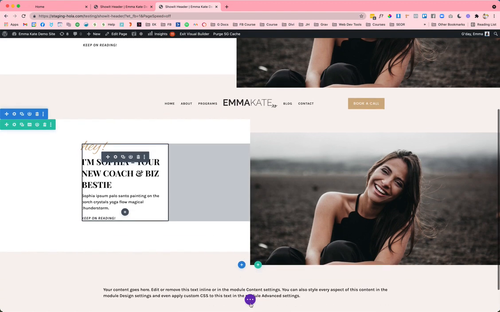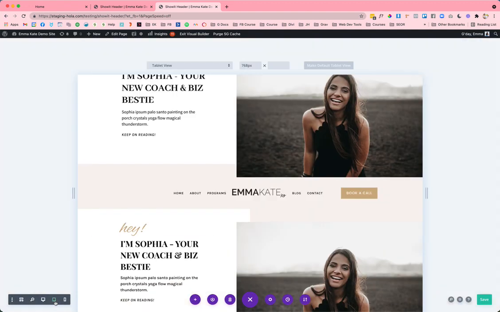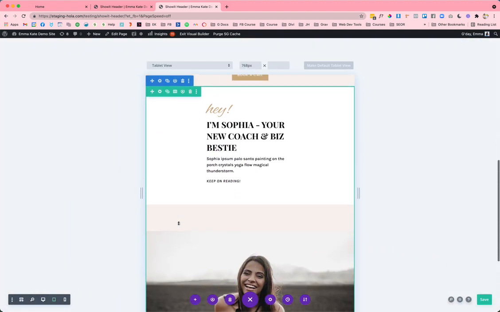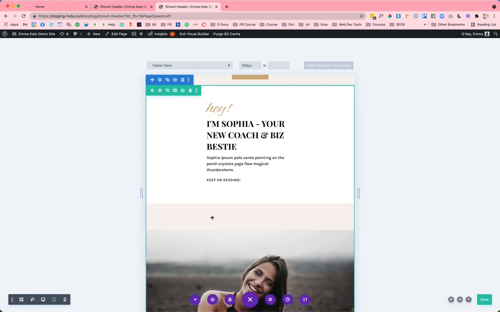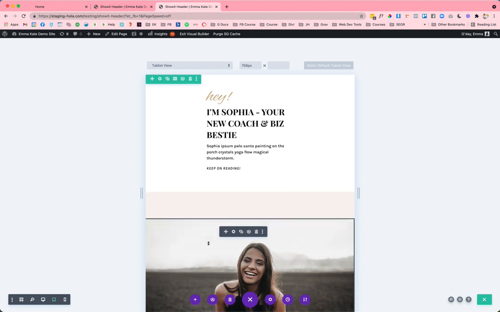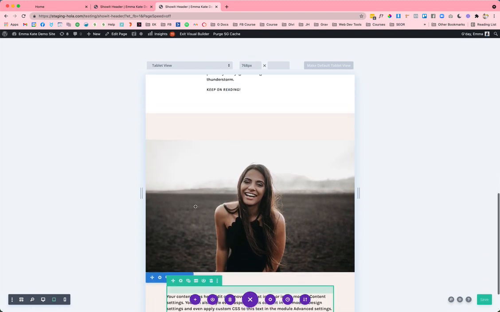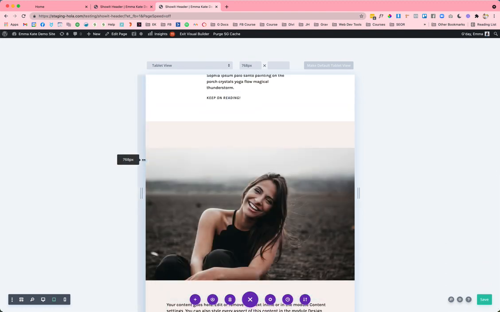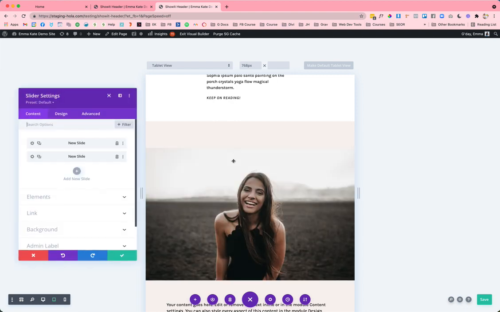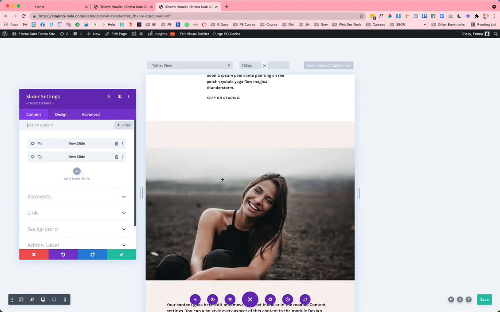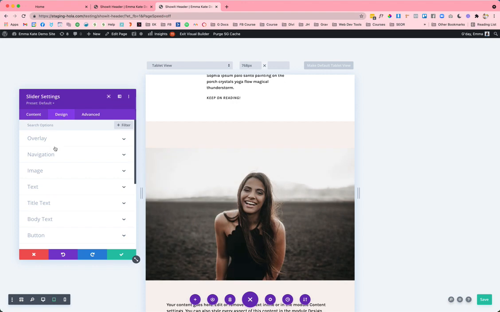This one, when we scale it down, this section, you'll notice how we've got a big gap in between here, and maybe we want this to be butting up right against the side there. So that's one thing. And also this image is going off the side of the page here too. So first thing, maybe let's adjust this image. So we'll go to the slider, not so much an image. So we go into the slider and then design,